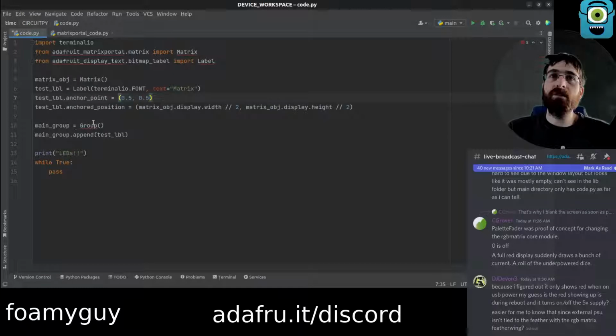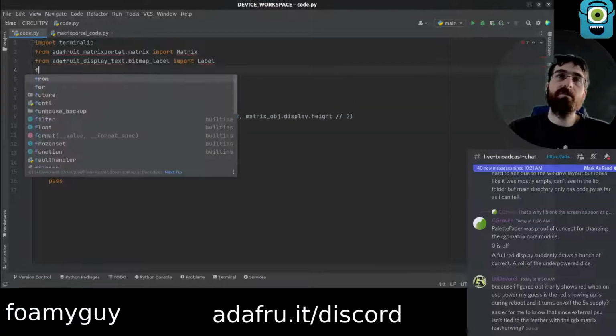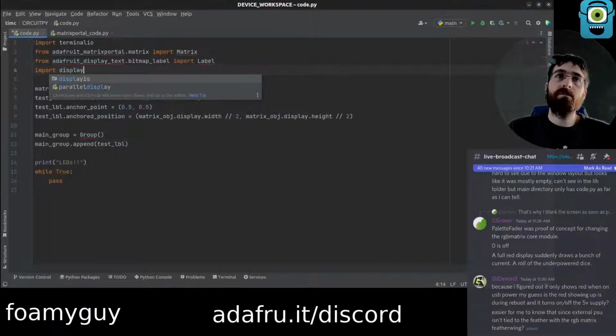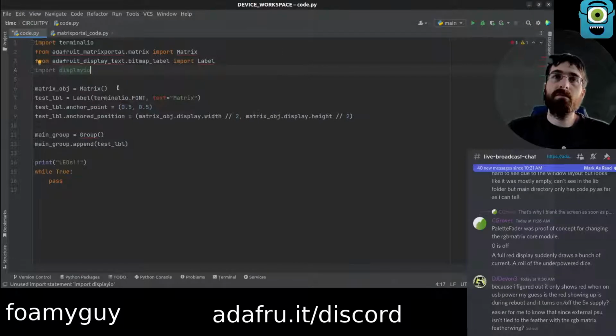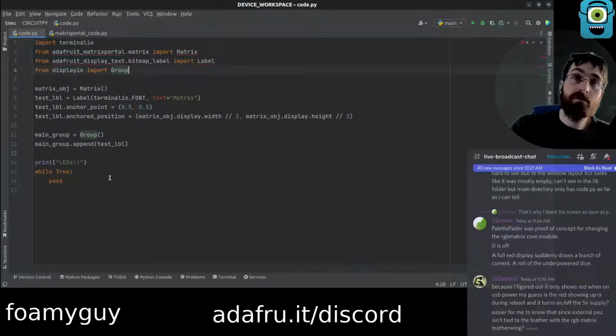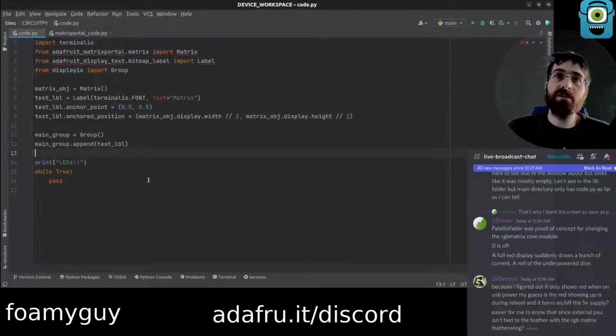I wonder if that was messing it up. I accidentally just saved that, and it did rerun, it did the red thing, but of course it's still showing this because we didn't actually show or set root group or anything.